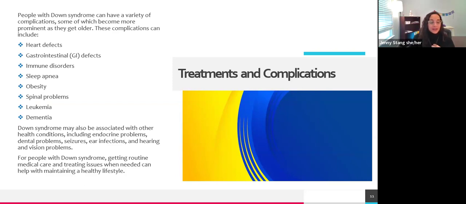And sleep apnea: because of soft tissue and skeletal changes that lead to the obstruction of the airways, children and adults with Down syndrome are at a greater risk of obstructive sleep apnea. People with Down syndrome have a greater tendency to be obese compared to the general population. And some people with Down syndrome may have a misalignment of the top two vertebrae in the neck. I'm going to go ahead and try to pronounce it. It's called atlantoaxial instability. And this condition puts them at risk of serious injury to the spinal cord from overextension of the neck. The risk of leukemia in young children with Down syndrome is also increased.